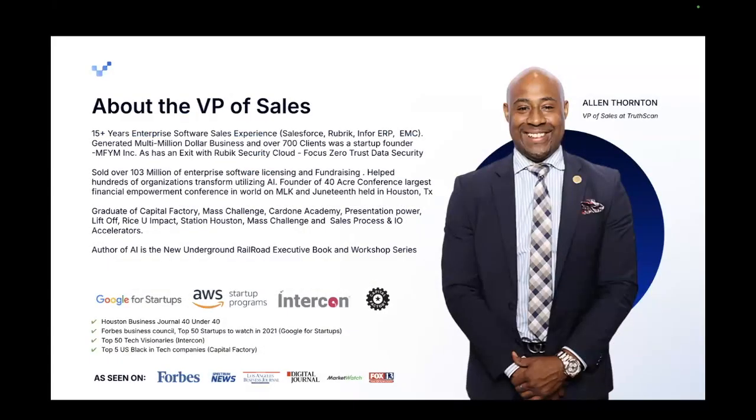So a little bit about me, and most of you, if you're in the Salesforce ecosystem, I've been in that ecosystem, have been selling enterprise software for the last 15 years. And I look at trends, and back in 2018, 2019, I worked for a company called Rubrik that was a new technology. And people were trying to see if AI security and backup and cloud was going to be a huge thing. And it took off again like a rocket ship. They went public last year. That was one of my first exits.